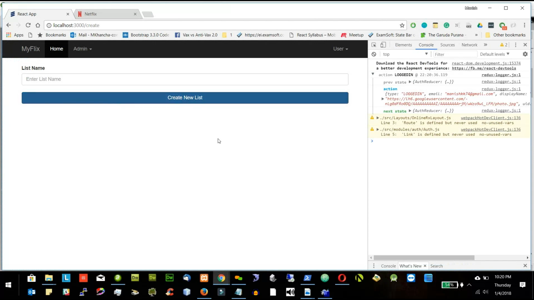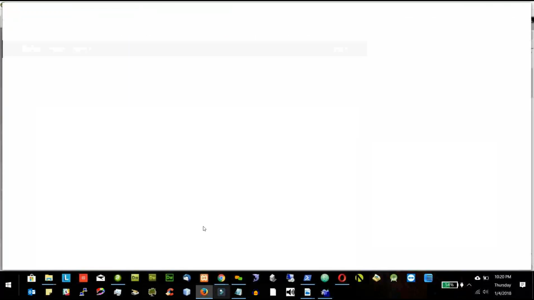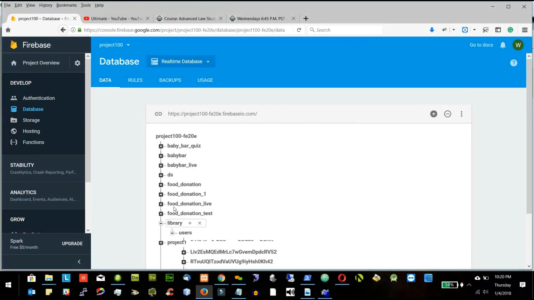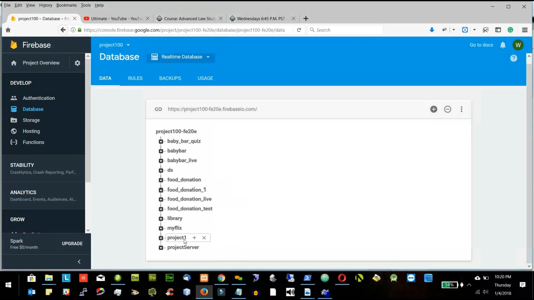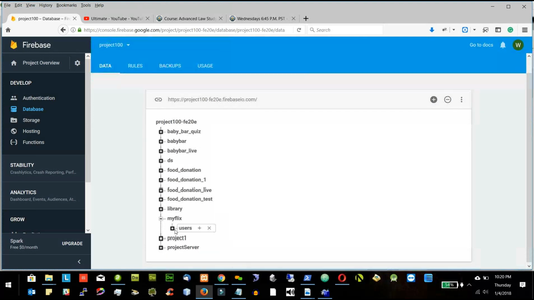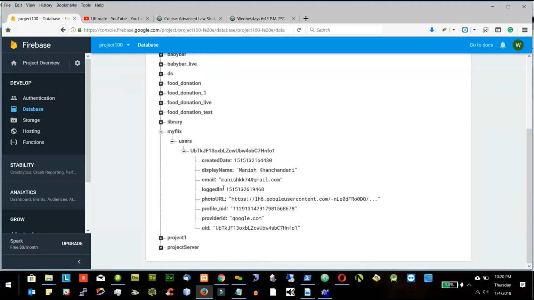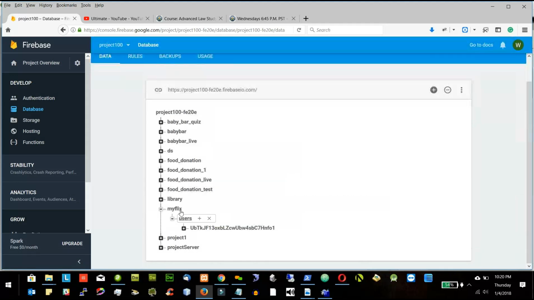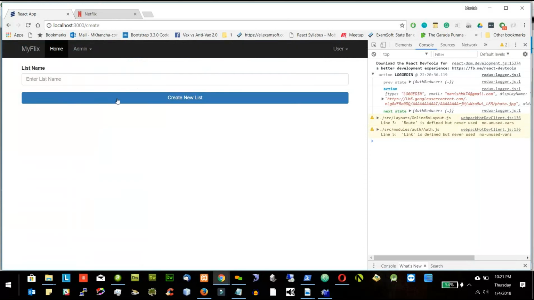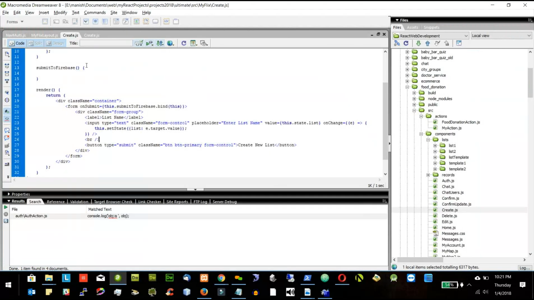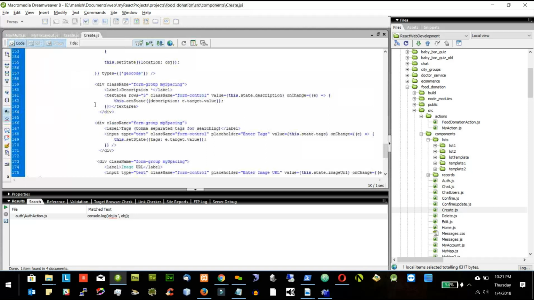Once I click the create new list, it will be saved in the Firebase. So a new folder will be created and it will be saved there. Right now we have that folder called myflakes because the user was registered with myflakes, and I'm able to see all my details. So here in myflakes, we will be able to save this list. So let's do that. Once I click the button submit, it goes to submit to Firebase, and it should be submitting